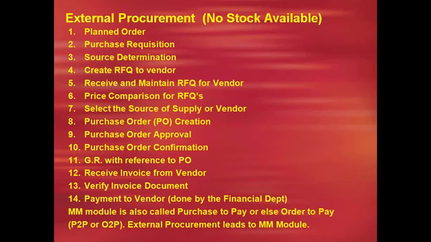Now here the company is in need of raw material. So purchase requisition will be generated. We call it a PR. So here the company is in need of material. The company has identified the requirement of the material. When we identify the requirement of the material, then only we approach the source of supply, nothing but source determination, nothing but vendor.